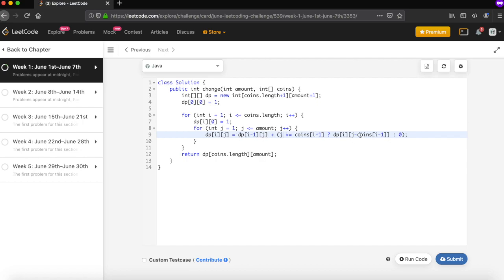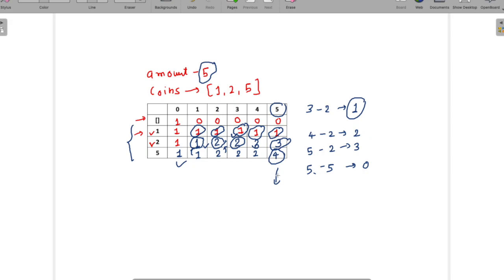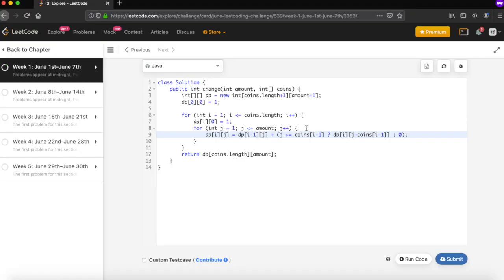For this one, let's say you are here and you have amount 4 and you have denominations 1 and 2. So 1 we know here, and for the rest, 4 minus 2 is 2. So go back to the 2, your dp of i and j minus your denomination. Go back to here and take that value, because we know for the two denominations 1 and 2 and amount equal to 2, there are two possible ways. So we can add that 2 with a 1, which will give us the final result for amount 4. So that is what this term will give us.